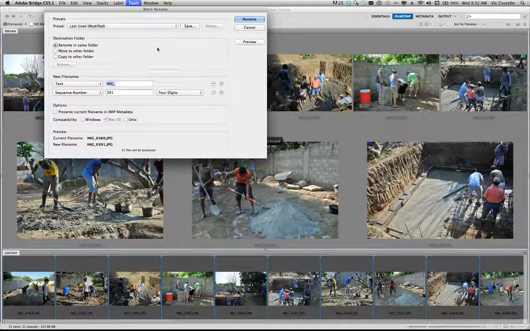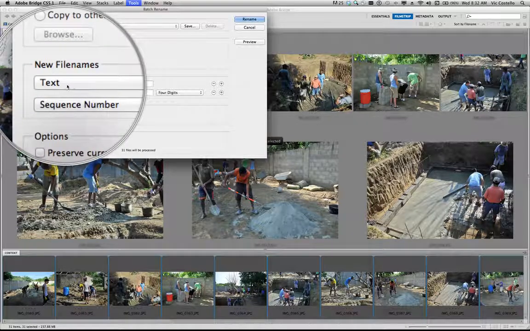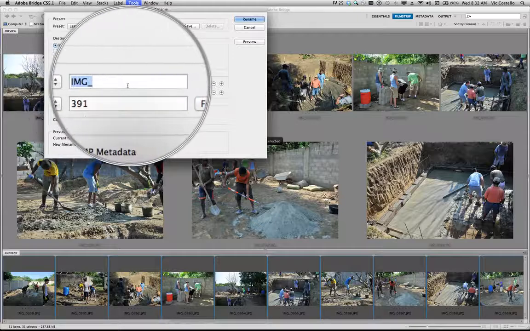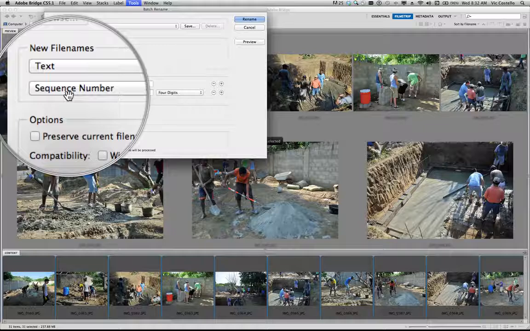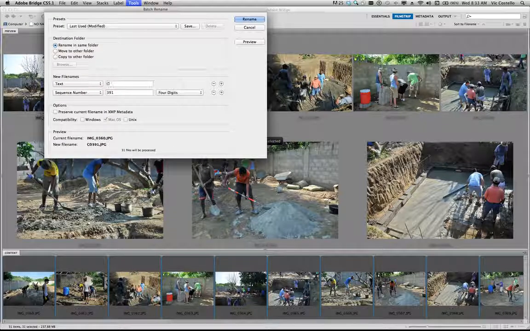And batch rename is going to allow me to do a couple of things. First, it's going to allow me to rename the images. Down here in the middle of the field, I can assign a new naming protocol, and I'm going to keep the same two fields that I have right now, which includes a text prefix followed by a sequence number. So I'm going to change the text prefix to Columbia